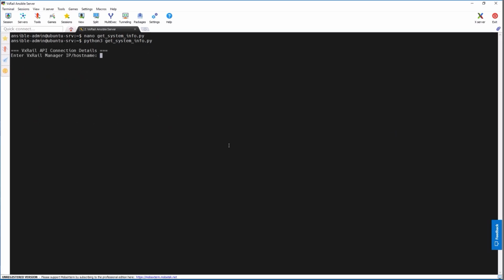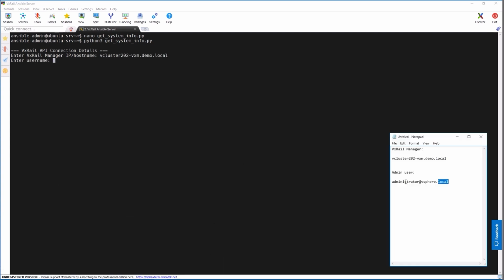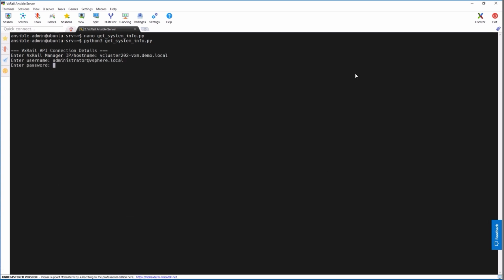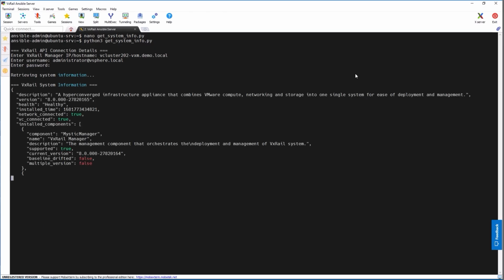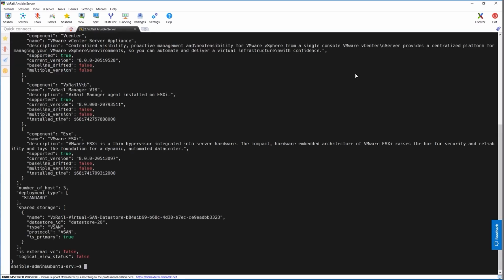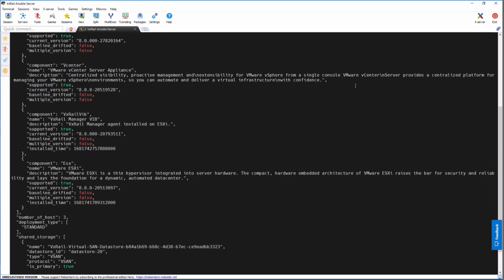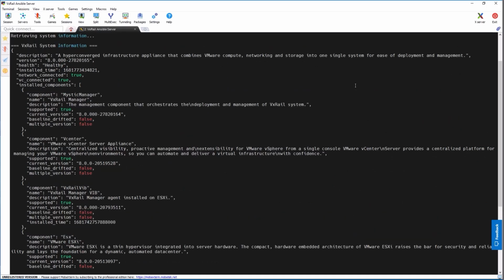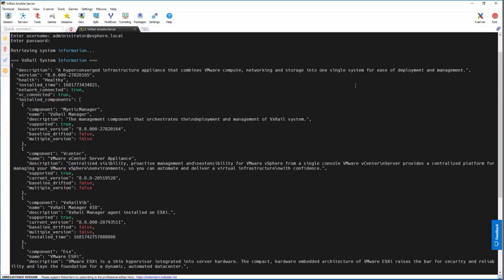When executing the script, it prompts for authentication parameters, so we can copy the VxRail Manager hostname and admin username and enter the password. After successful authentication, the script fetches the VxRail system details in JSON format as specified in the prompt. Of course, this was a straightforward example to get an idea of the workflow of how to use Windsurf to generate a script based on our requirements using the provided API specification.